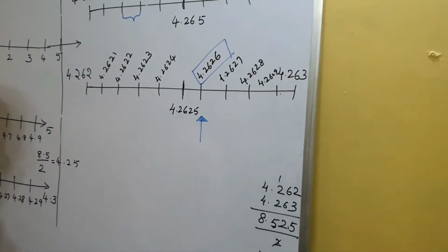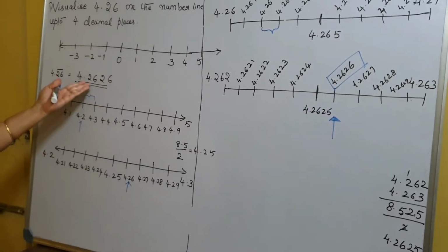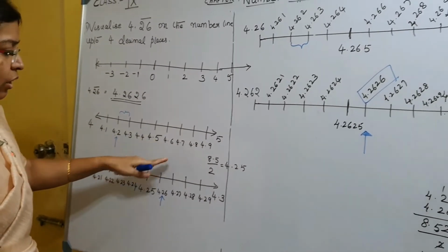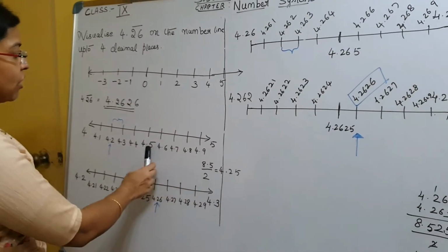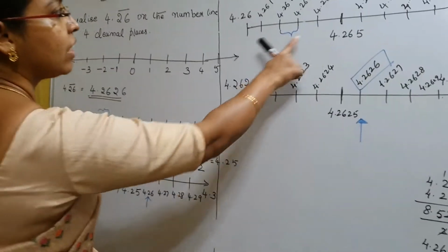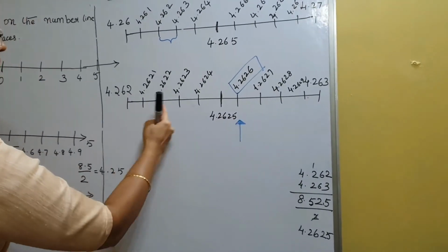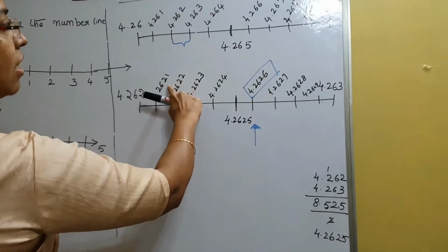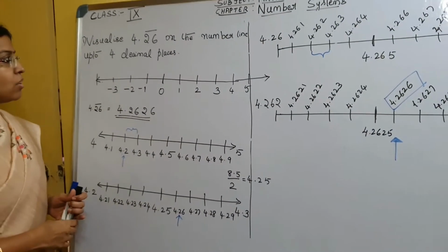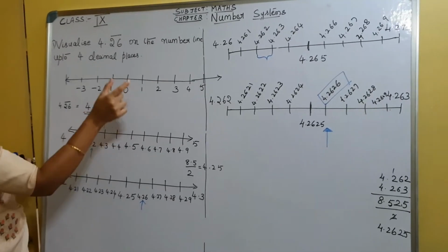So here I have shown you how to get the position of the rational number which is recurring on the number line. We don't have to find the mid value always. We can continuously write. This is just for the verification purpose that we have done the right job. Okay. So even here 4.265, 4.2625. If you get the mid value, it's easy to write the digits. 2621. It's easy, but you don't have to find the mid value always. So visualize, it's actually zooming in the position of this rational number on the number line.